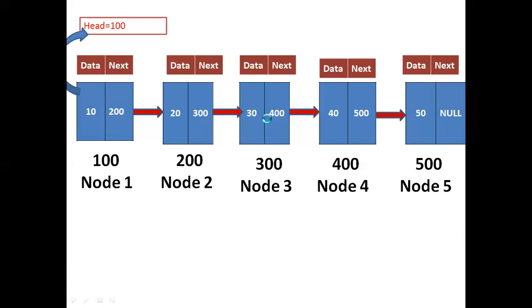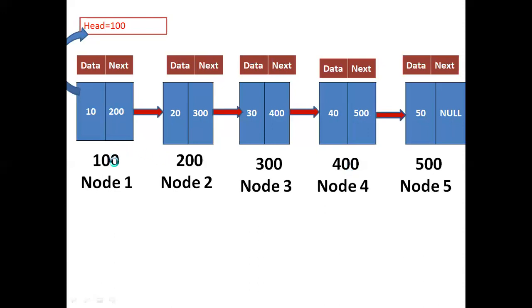200 arrow next is 300, which is also not equal to null. Yes. 300 arrow next is 400, which is also not equal to null. Yes. 400 arrow next is null. Null not equal to null, condition false. When the condition is false, then assign 400 arrow next is equal to our new node 500. This is the way we are creating the link between these nodes.